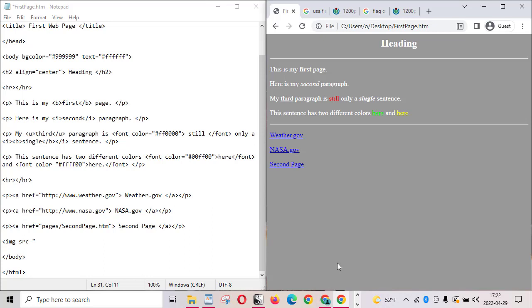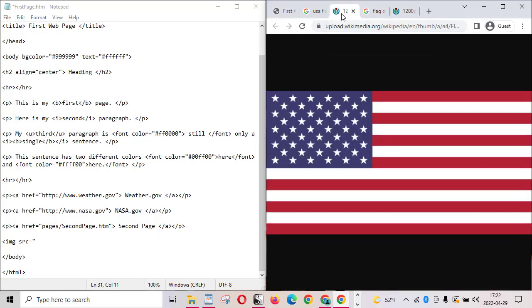So how do we get one of these flags to show up on our web page? Well, I'm going to use the US flag. You can use whichever flag you want, of course. This is how we do it. First, we need to make sure that it is showing all on its own in a tab. There should not be any text or any links or anything. It should just be the image. When you pass your mouse over it, it should do basically this. When you click in the address bar, and if you click a second time and you scroll over,